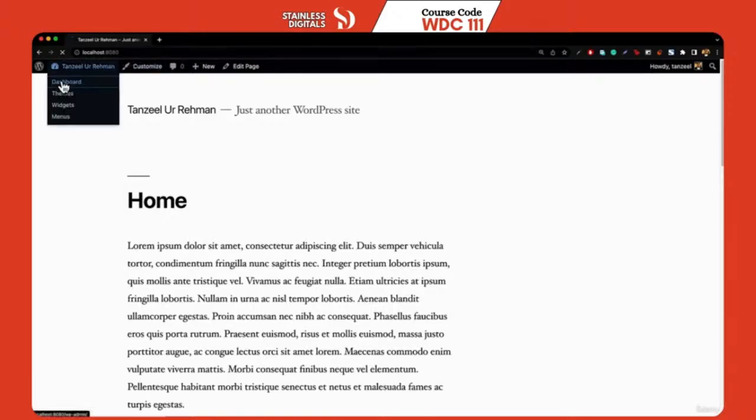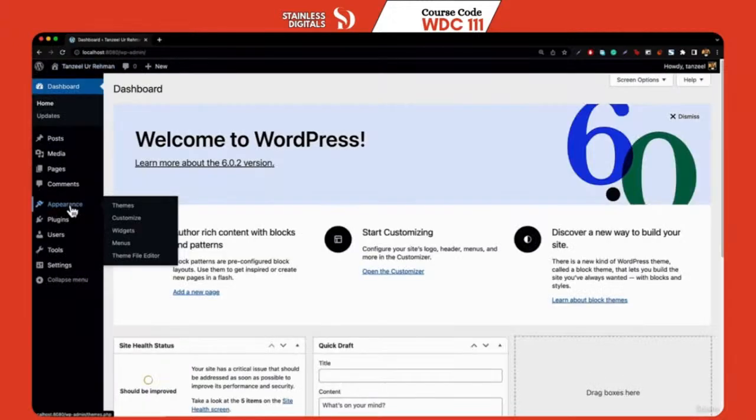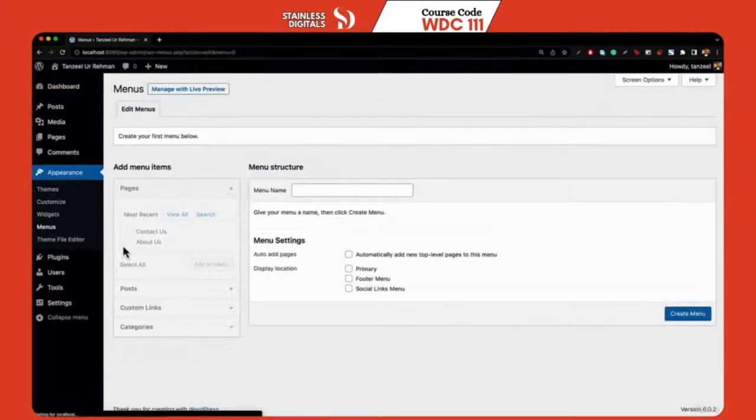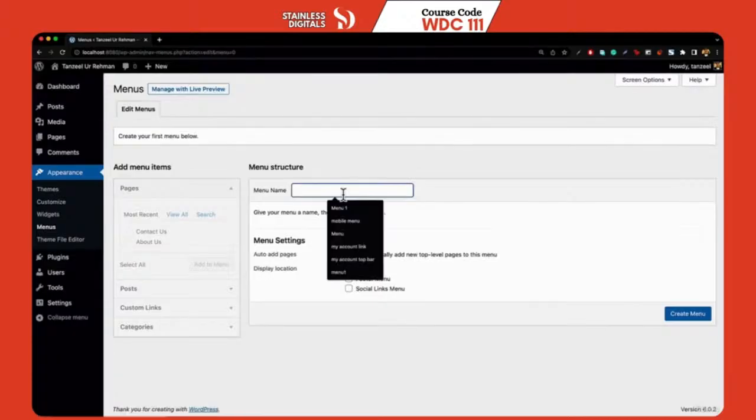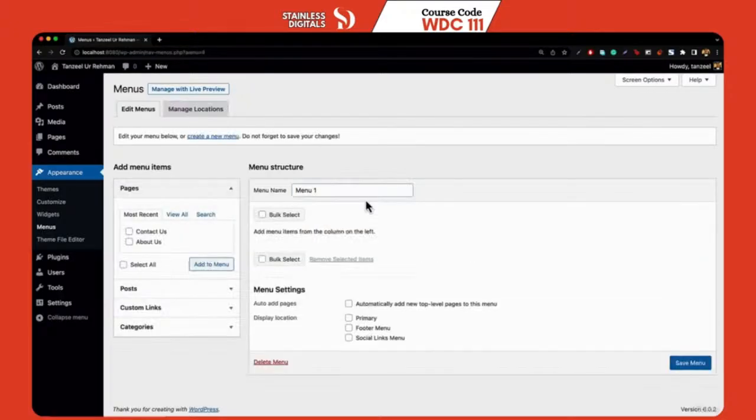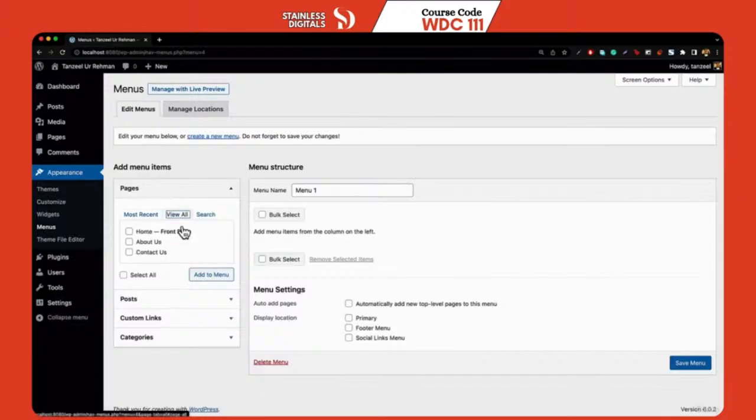So what we can do, we can go into the dashboard. Now we can go into the appearance. Now we can go into the menus. And now we can create our menu. So we will name this menu to be menu 1. Like, you can enter any name over here, or you can set this to be primary menu as well. It totally depends, and I'll be hitting enter, and now you can see that that menu is created. Now in the pages, I'll select all the pages, and I'll select home, about, and contact